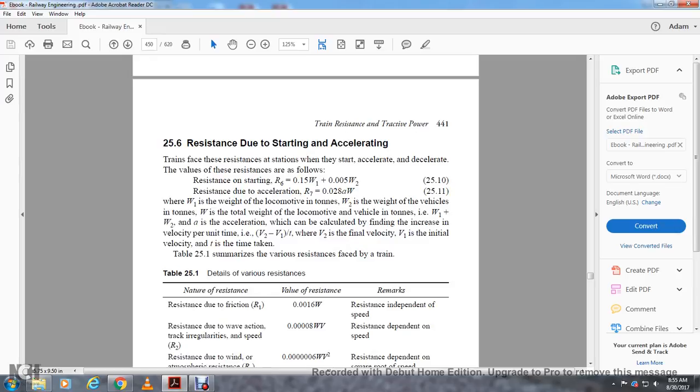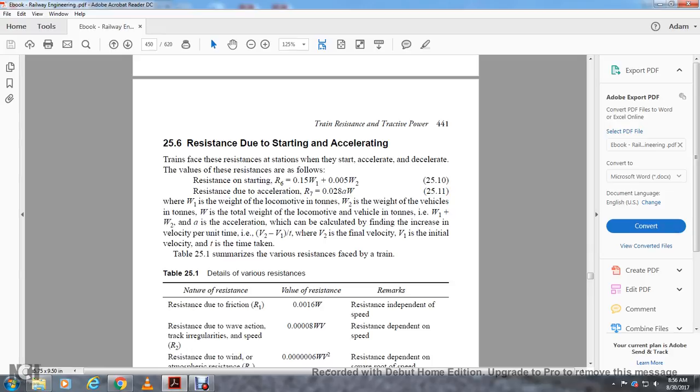The train faces resistance while starting and accelerating or decelerating. The various resistance formulas: resistance due to starting, R6, is equal to 5/1500 of W1 plus 5/10,000 of W2. Resistance due to acceleration, R7, is 28/1000 of A and W, where W1 is the weight of the locomotive in tons,